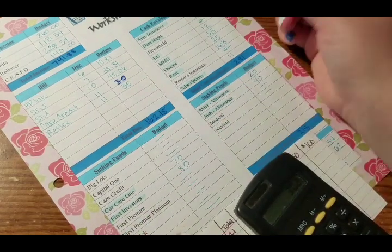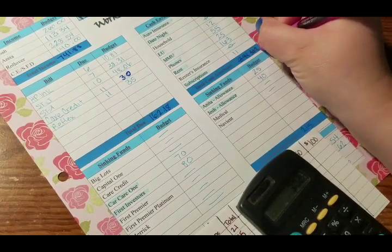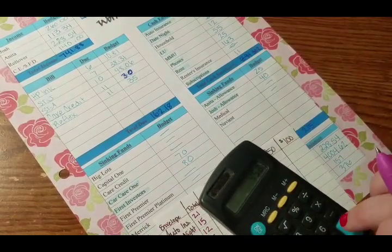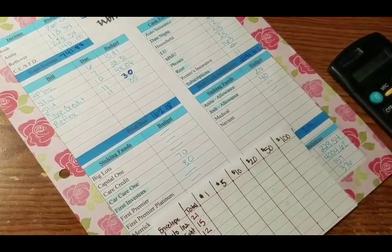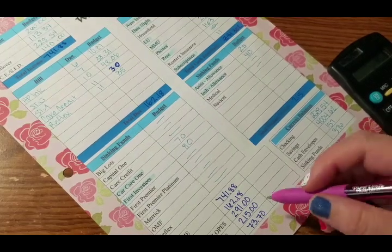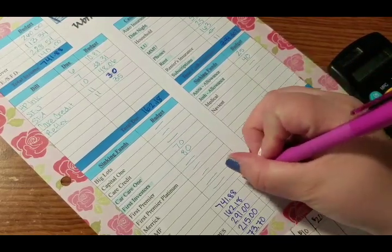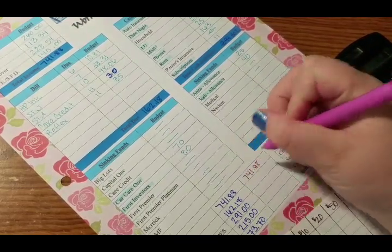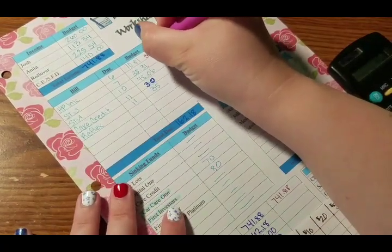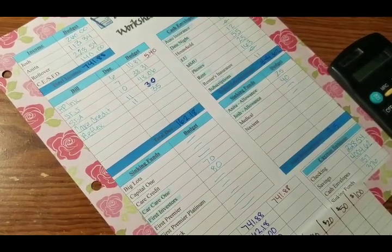Okay, that's what it is. I forgot to add 11, so that's 302. Okay, so 302 plus 150 equals 452. I'm like, alright, so I'm not going to worry about this, because actually, you know what, I will. 741.88. And I just want to let you guys know this was actually 540, and I just checked it today because it came through,